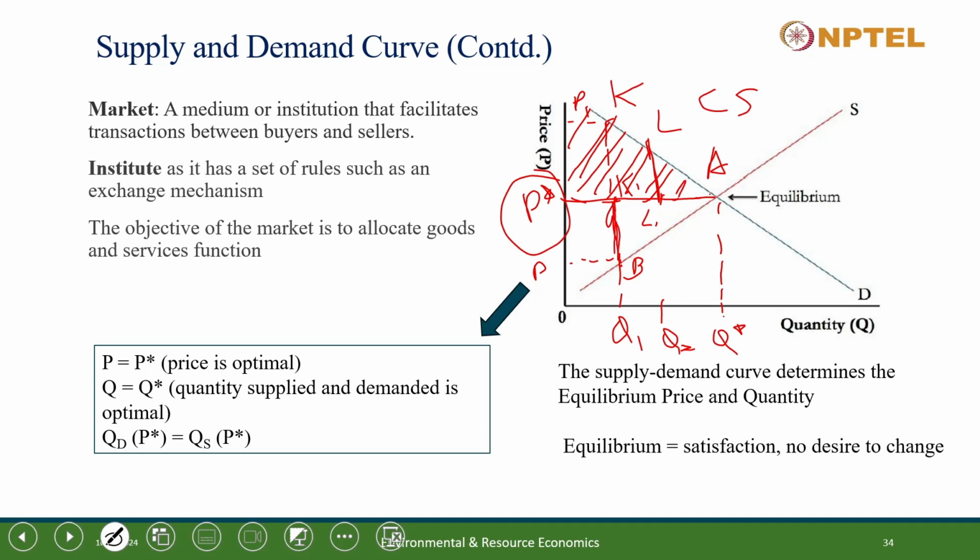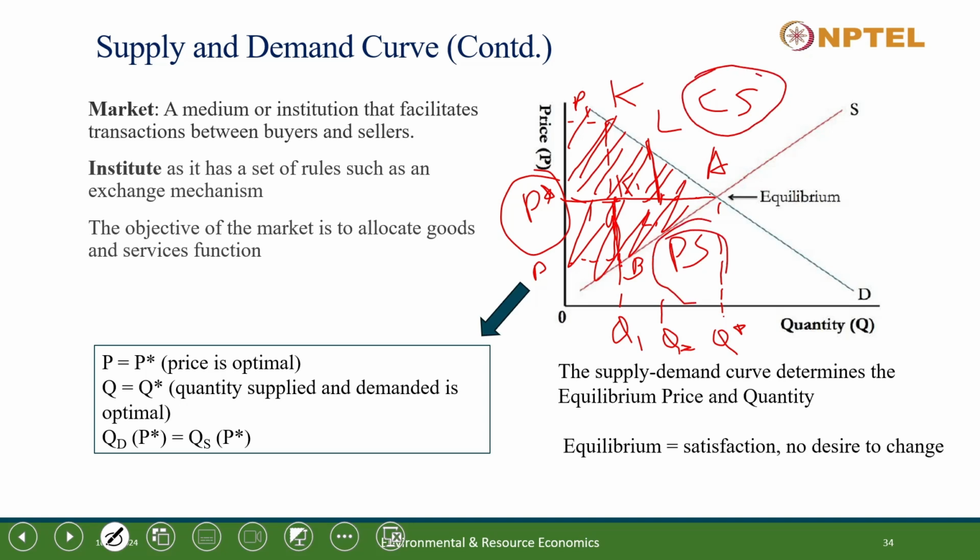So this area is my surplus for the seller. So this whole area represents the producer surplus. So the total social surplus, if there are transactions happening in the market where consumers and producers are the only participants, is the sum of consumer surplus and producer